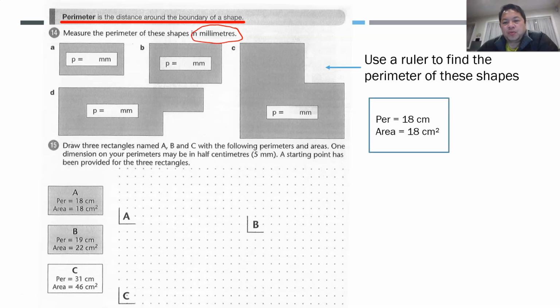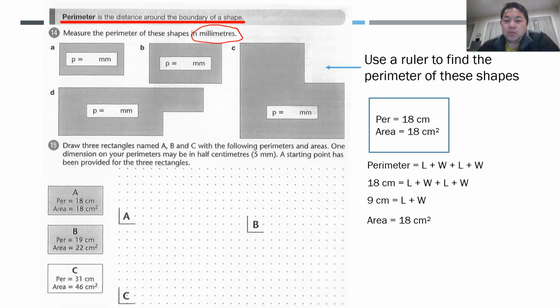The next part is actually more challenging. I'm going to use one example to help you understand the concept. As we know, perimeter is length plus width plus length plus width. So 18 cm is simply length plus length plus width, isn't it? So half of it, don't you agree, is actually length plus width, right? Good. And from here, we also understand that the area is actually 18 cm cubed, which is the same